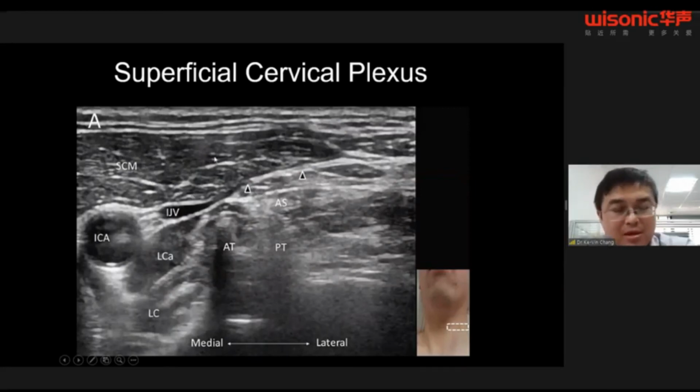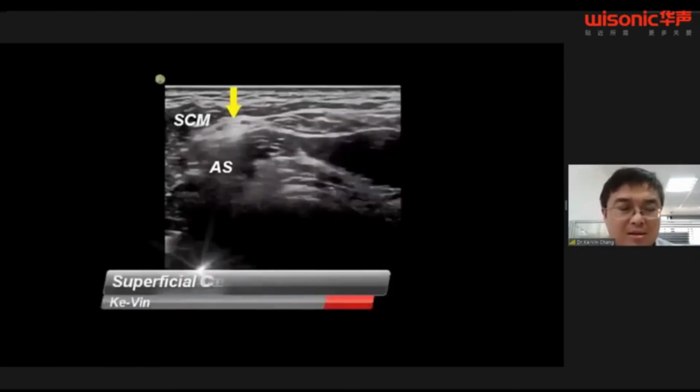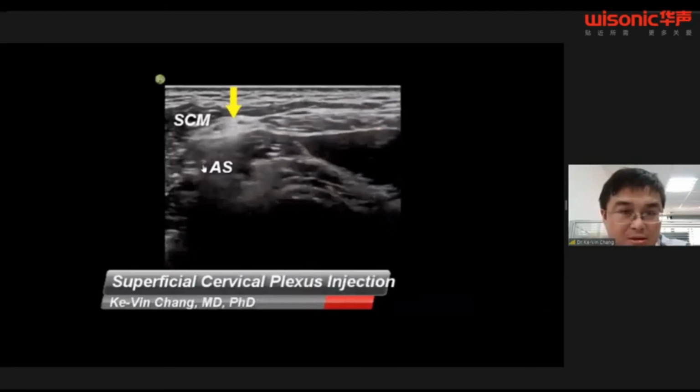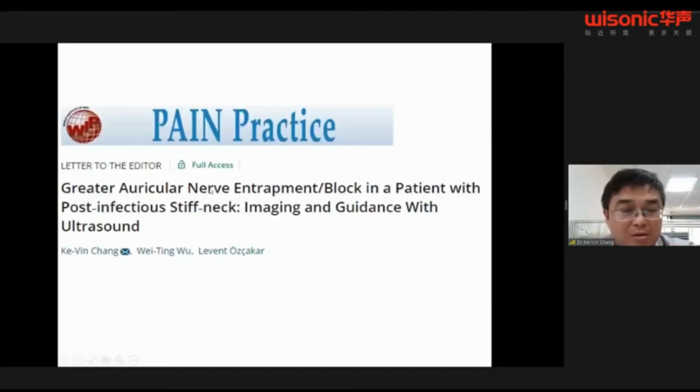And when we used MR angiography, surprisingly, we did not see any narrowing of the subclavian artery. So this case also reflects the advantage of using ultrasound to evaluate a patient with thoracic outlet syndrome. Because using ultrasound, we can dynamically evaluate when the symptom happens. And if you use MR imaging, probably you cannot do that